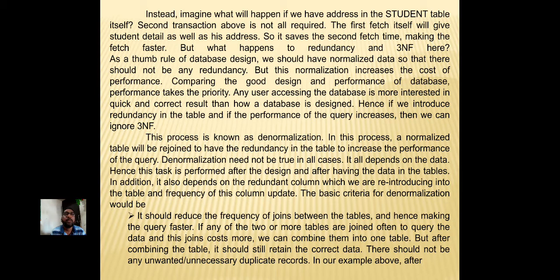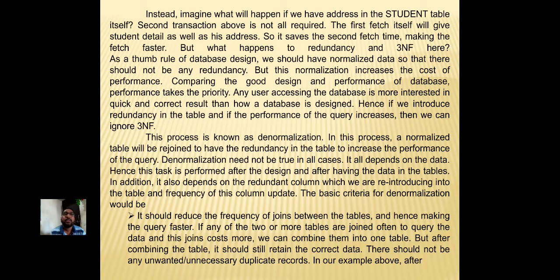But what happens to redundancy and 3NF here? As a thumb rule of database design, we should have normalized data so that there is no redundancy. But this normalization increases the performance cost. Comparing the good design and the performance of a database.